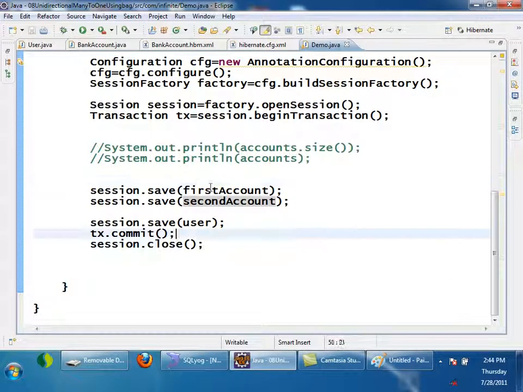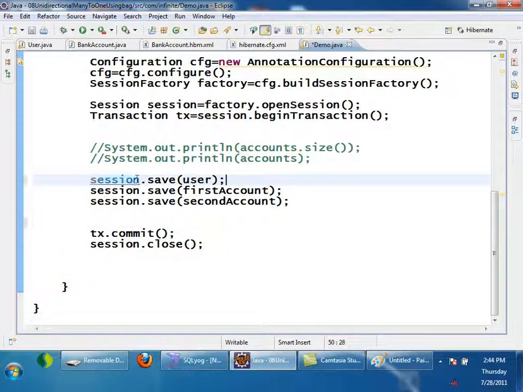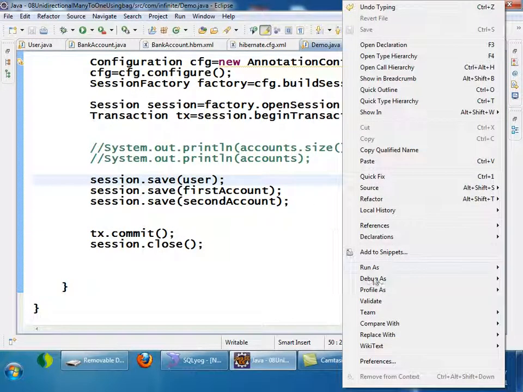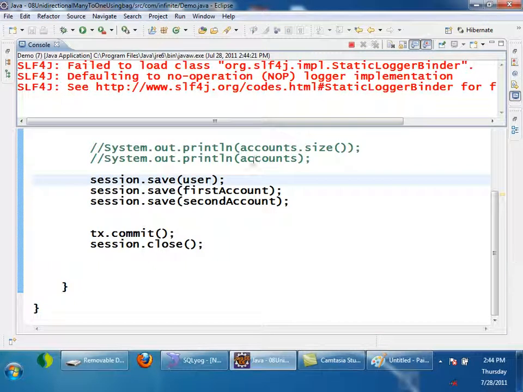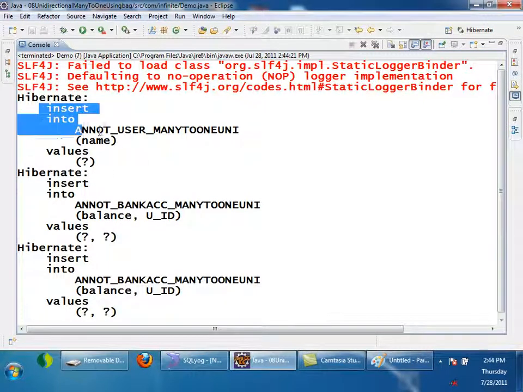Okay, so in this case, first I am saving account. I will save user first and see what will happen. Yes, added successfully. Right?